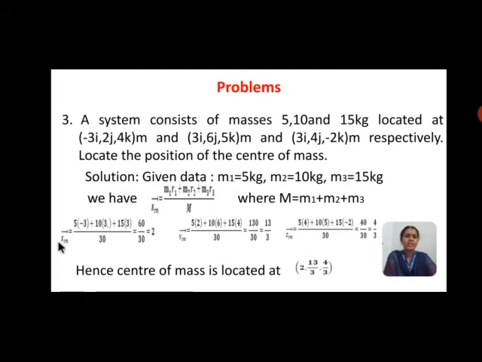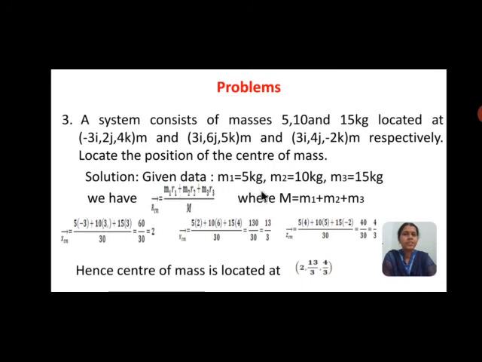So now consider the x-axis. There is X CM, that is the center of mass here. What is that? M1. In place of M1, substitute 5. Now, in place of R1, R1, R2, R3 are nothing but the distances here. So we have to write them in terms of the x-axis, y-axis and z-axis. Therefore, along the x-axis, this one is minus 3i. So this becomes now M1, that is 5, into minus 3 plus M2.